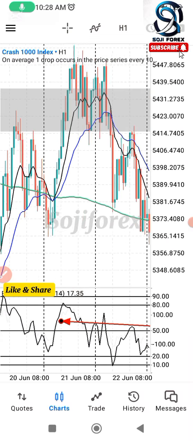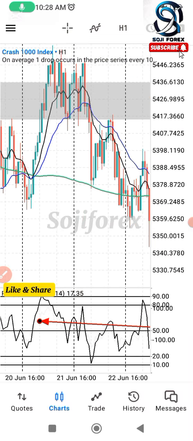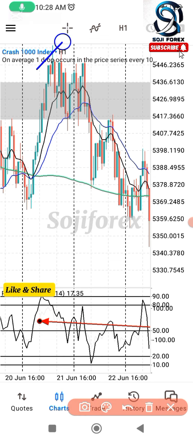So look at it here. Price already pulled into this zone, okay, and look at this divergence. There is this divergence that happens in that zone, and that is our sell entry. Okay, so if you were here earlier, you would have been in that sell, and you see how price falls